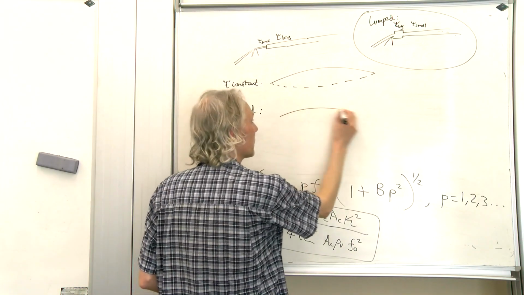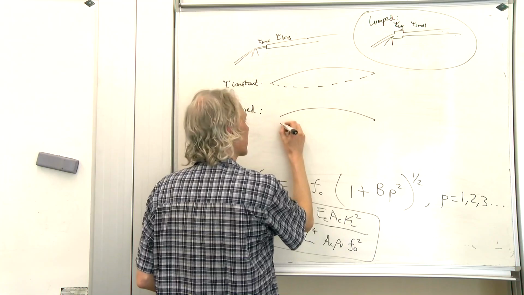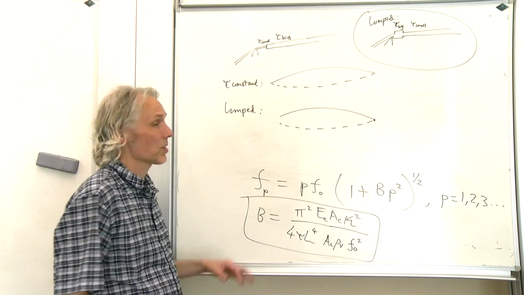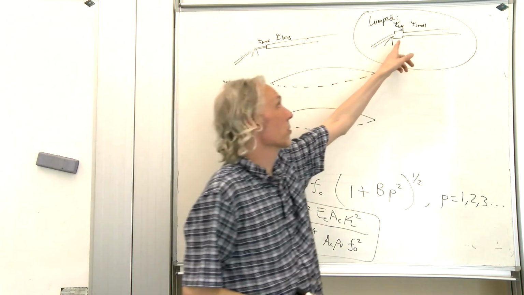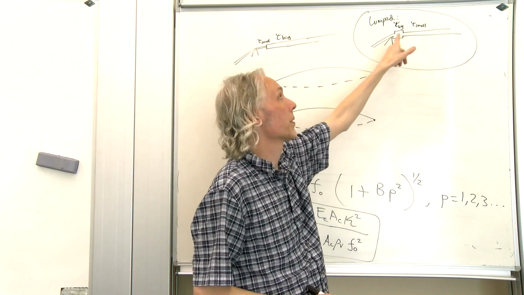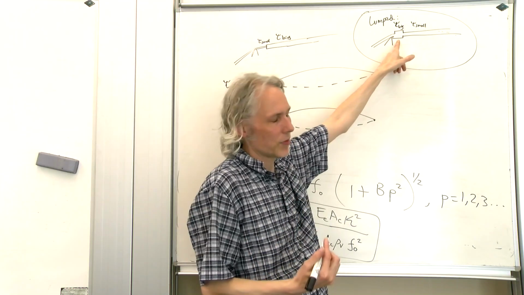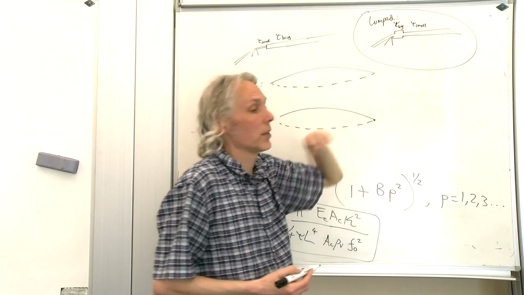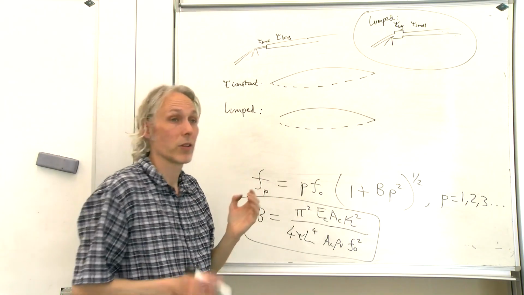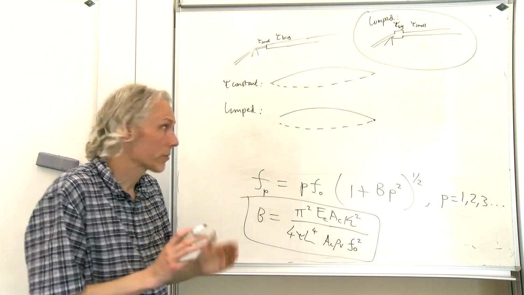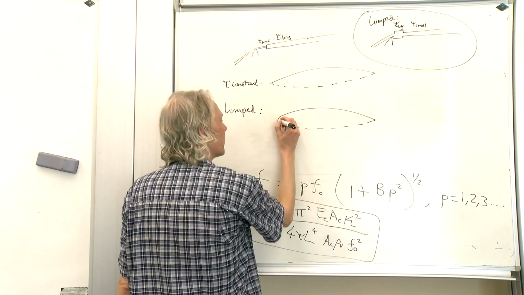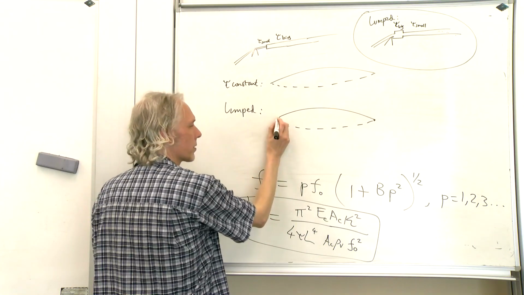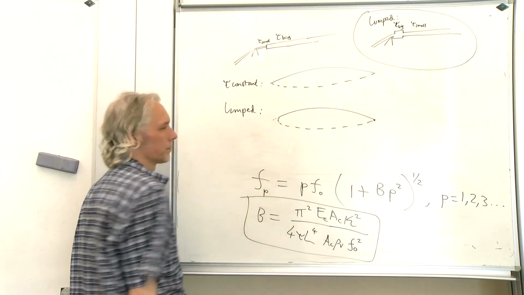the string goes along and does its thing, but at the last minute the string is doing the same frequency in this bit as that bit. This bit here with bigger density, the bigger mass per unit length, for the same frequency needs a shorter wavelength, and it's going to steepen. Okay, so it's as though the string has got longer.